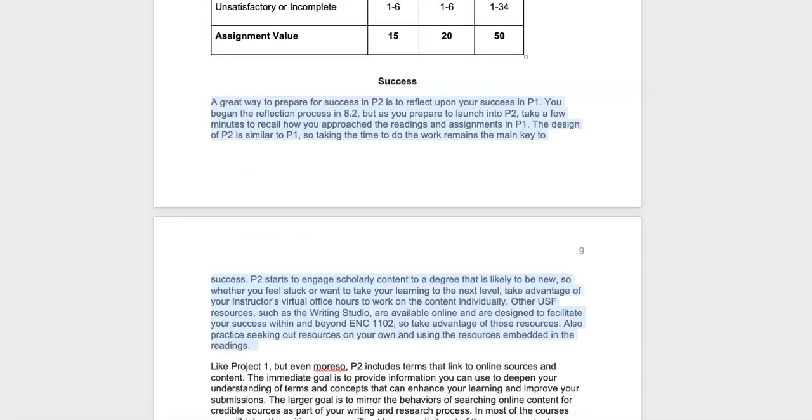Success. A great way to prepare for success in Project 2 is to reflect upon your success in Project 1. You began the reflection process in 8.2, but as you prepare to launch into Project 2, take a few minutes to recall how you approached the readings and assignments in Project 1. The design of Project 2 is similar to Project 1, so taking the time to do the work remains the key to success. Project 2 starts to engage scholarly content to a degree that is likely to be new, so